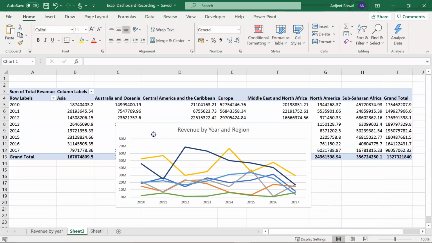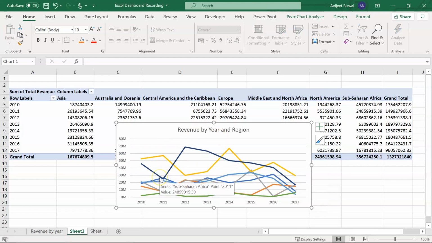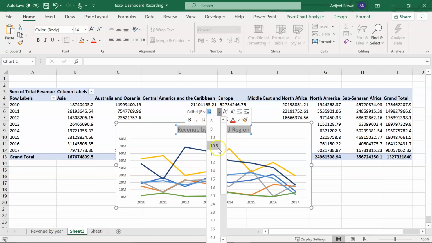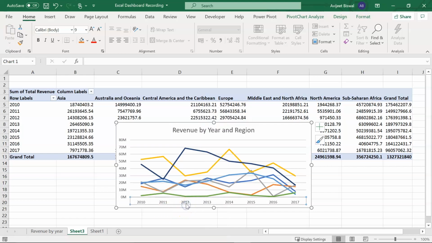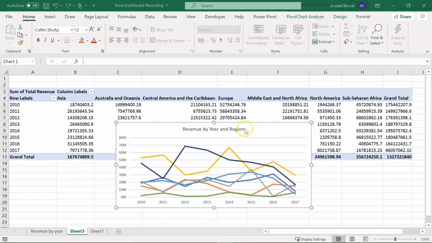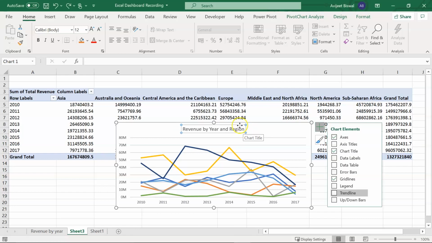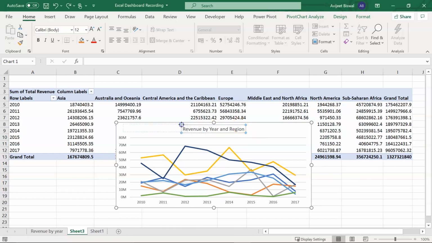Now you can reduce the font size or increase the font size. Let me just show you. Suppose you want to increase the font size of the chart title, so you just select it and from here you can either reduce or you can increase. You can see now it's 12. If you want you can make it 16. Similarly you can also edit the axis labels also. By selecting the chart title you can also move it to left or right, or you can place it in the center as well. For the time being, let me just keep it to the left.